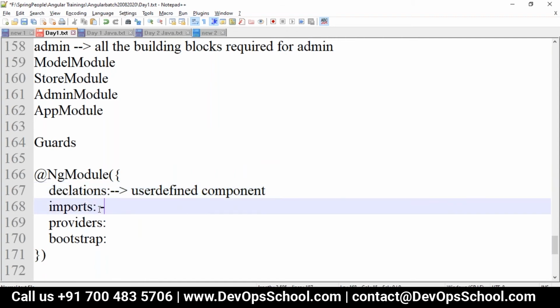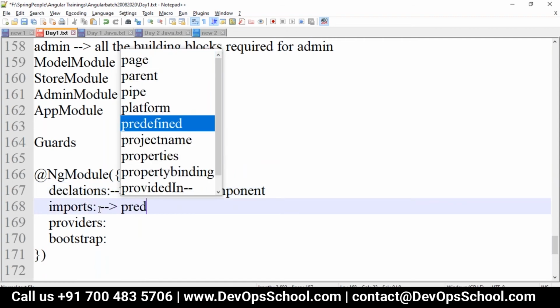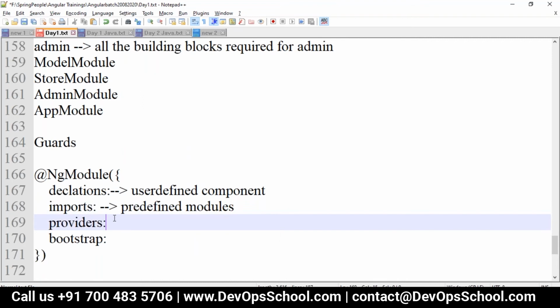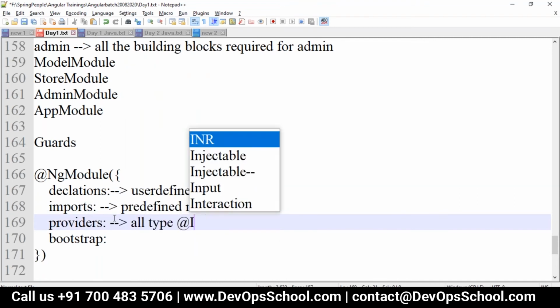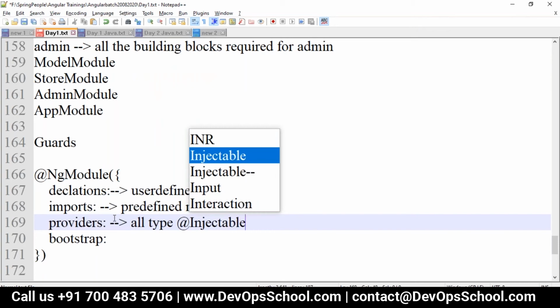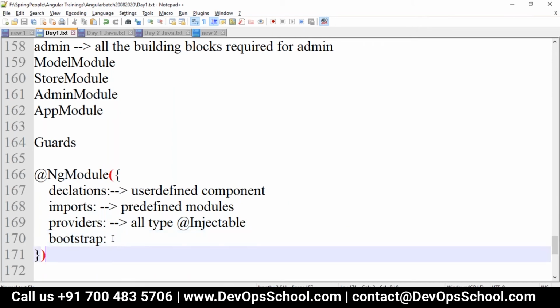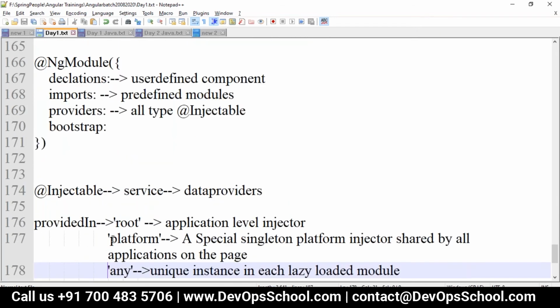Imports are for predefined or library modules. The providers take all types of injectables. Injectables should be registered in the providers. Then bootstrap is to load your component, right? So that's what the NgModule will be writing.